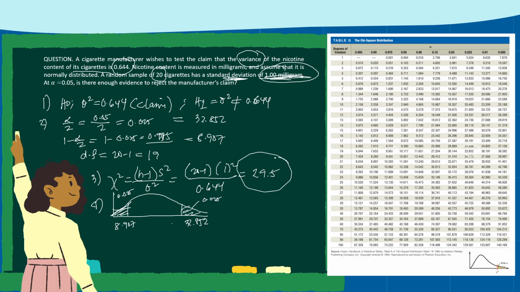And the resulting chi-square is here, 29.5. It does not fall in the critical region, so therefore do not reject the H0,